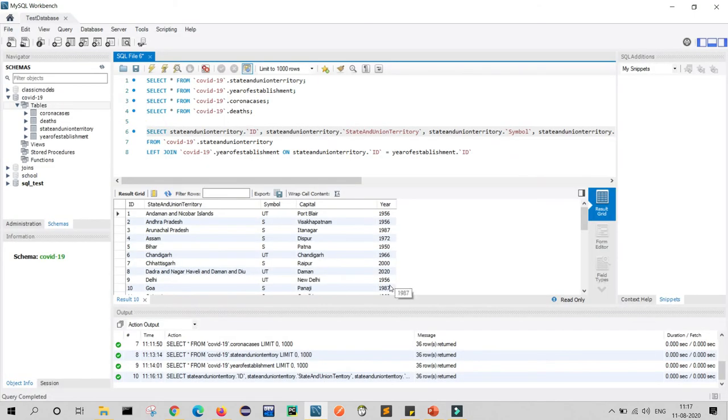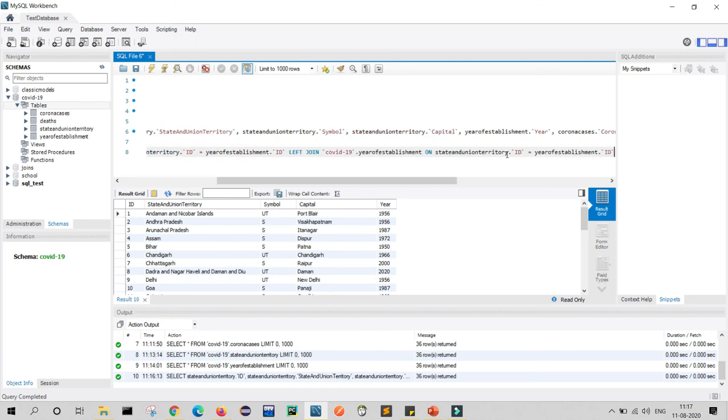So id is common in all my 4 tables. So I will use the id column. For left join, I have to write the left join command again. So I just copy and paste it here. Left join, here I will write the table 3 name. Okay, sorry, control Z. Here I will write table 3 name, and my table 3 name is this. On common column of table 1 equals to common column of table 3.